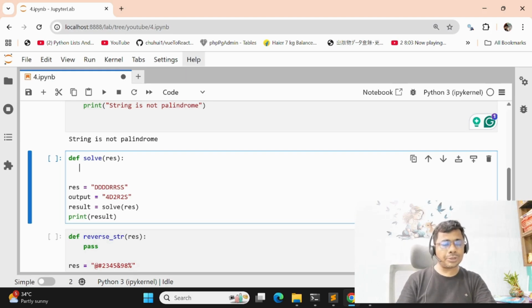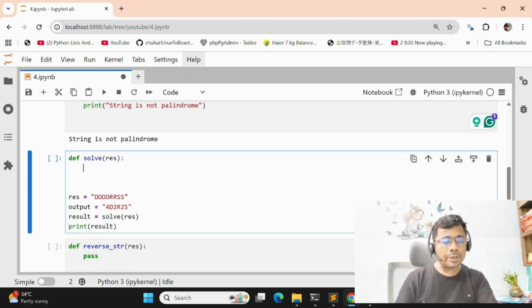Define one method, the method name is solve. Then define one dictionary. Why a dictionary? Because a dictionary contains keys and values. The key will store the character, and the value will store the number of occurrences.